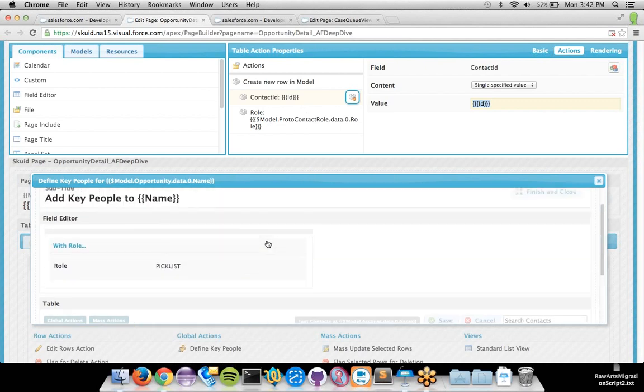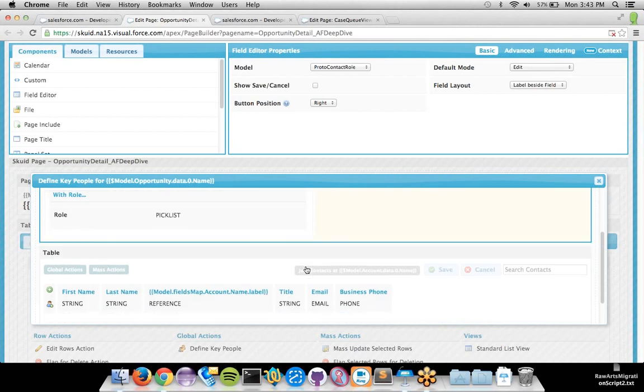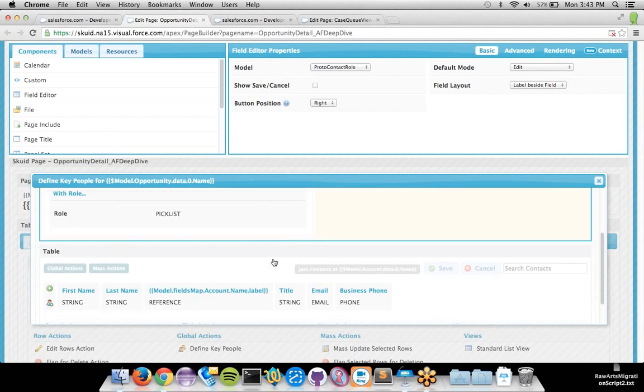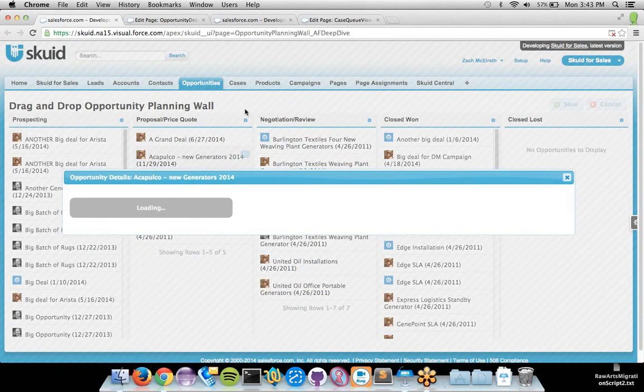Now the other trick here we're doing, and this is a little bit different than the action framework, but this is just kind of a trick to let you be aware of, is we have this model called proto contact role. It's kind of a dummy model. We've created a default row in opportunity contact role. We have it set in edit mode. And what this really lets us do is it lets us apply default values to all the records we pick. So it's an interesting approach that you could leverage. Just to go back here to kind of show that again. What this does is,